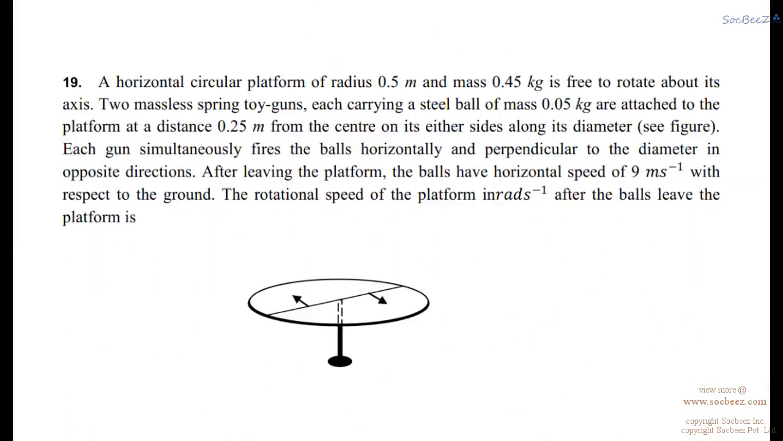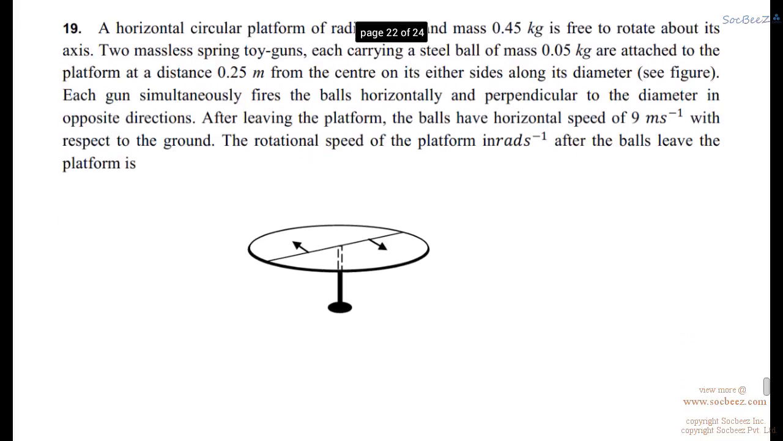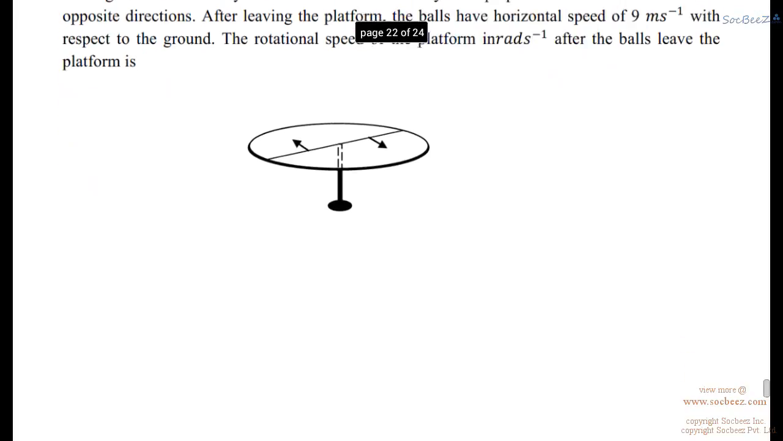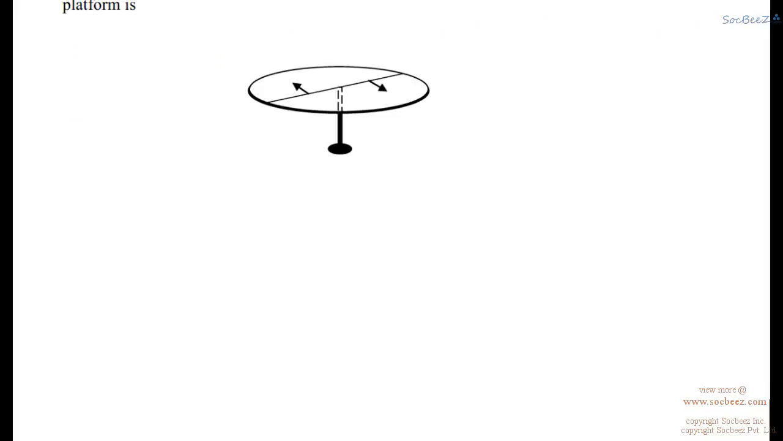The question says a horizontal circular platform of radius 0.5 meter and mass 0.45 kilogram is free to rotate about its axis. Two massless spring toy guns, each carrying a steel ball of mass 0.05 kilogram, are attached to the platform at a distance 0.25 meter from the center on either side along its diameter. Each gun simultaneously fires the balls horizontally and perpendicular to the diameter in opposite directions. After leaving the platform, the balls have a horizontal speed of 9 meters per second with respect to the ground. The rotational speed of the platform in radian per second after the balls leave the platform is,